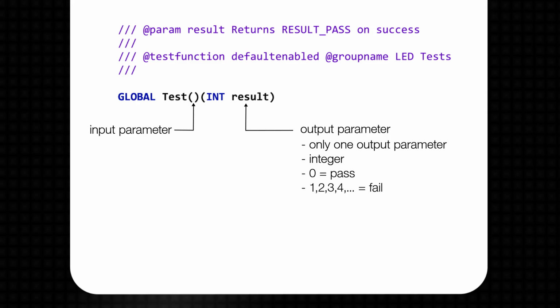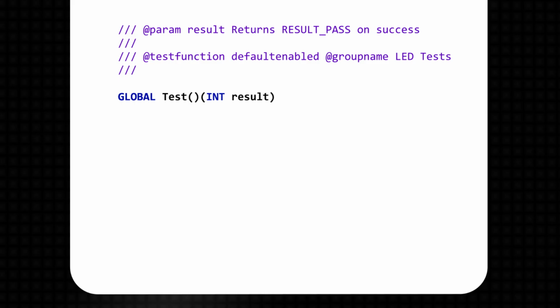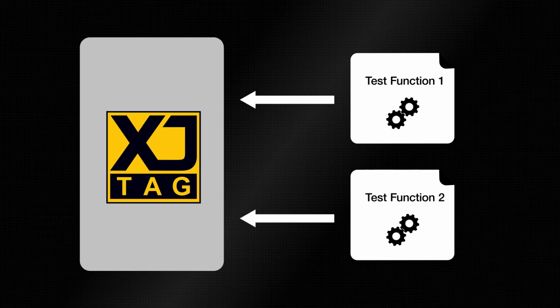Returning a 0 tells the system that the test has passed, and any other value indicates a failure. You can use that as a way to pass an error code, but if you're just returning a pass-fail result, it's good to use the global constants result_pass and result_fail that are defined in globals.xje, which all library files already use. The second criterion is that the function should be defined with the global keyword, and the third is that its code must be error-free. If those three criteria are met, it's a valid test function and can be added to the test list.